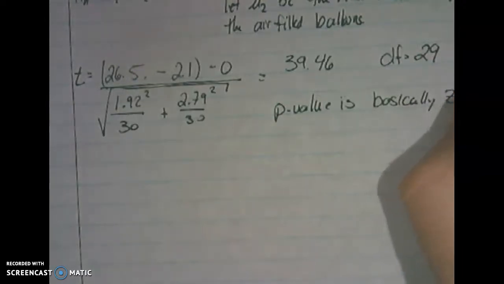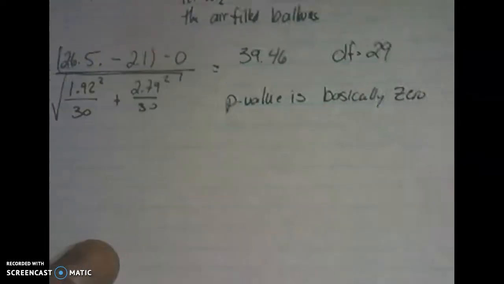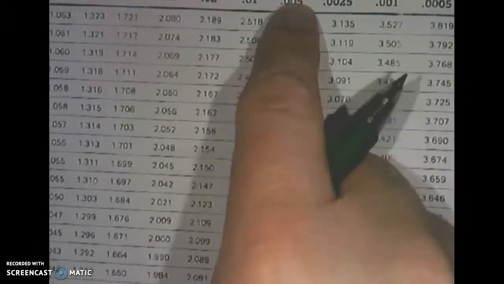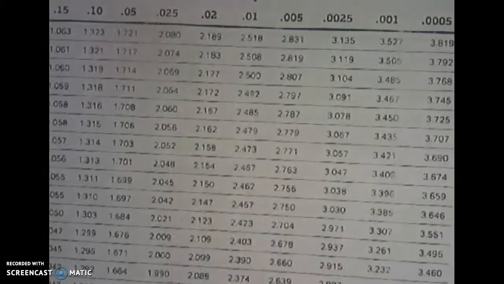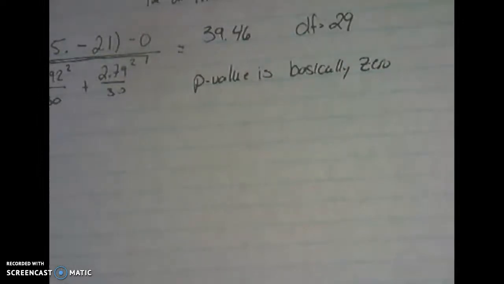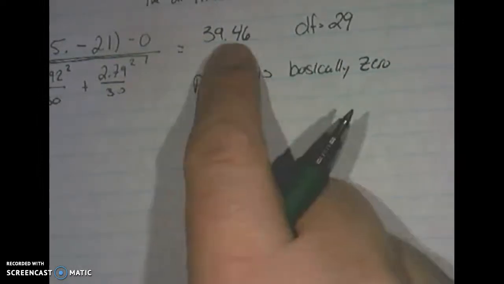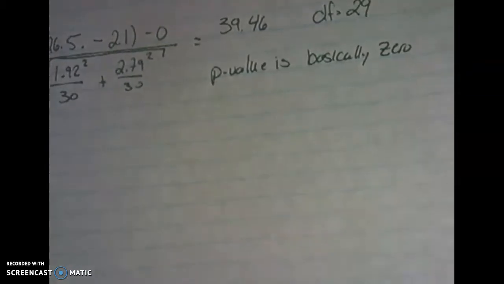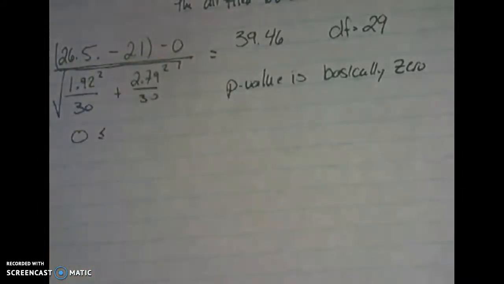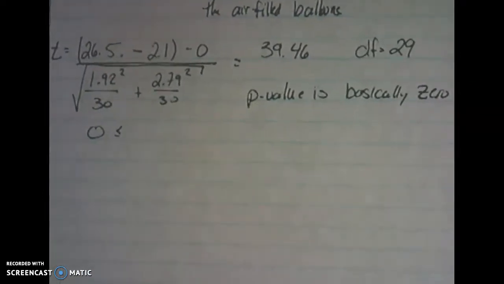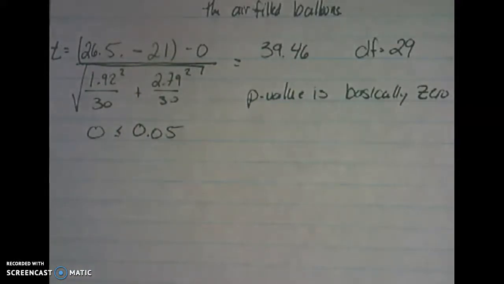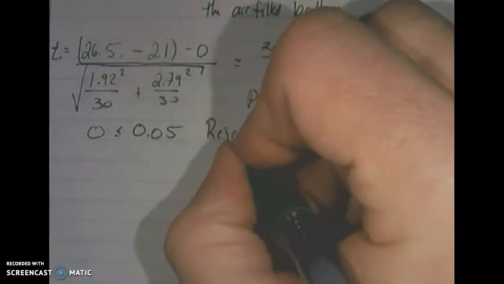is basically 0. Because if you remember, I go all the way across till I find it, then I come up and it kind of gives me the range of where it's going to be for the chart. And so this one's telling me, hey, it's not in there. Okay? So, and plus 39, that gives us why it's going to be 0. Okay? All right, now, that means our p-value is 0. They didn't tell us the significance level, so because they didn't tell us our significance level, we're going to be using the 0.05. Obviously that's bigger, and we're going to reject